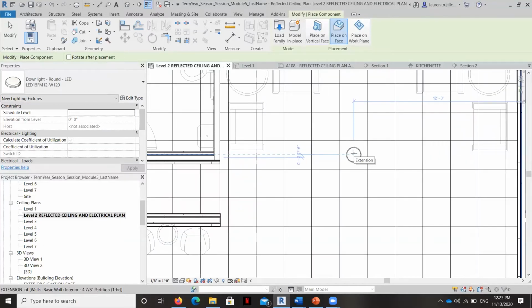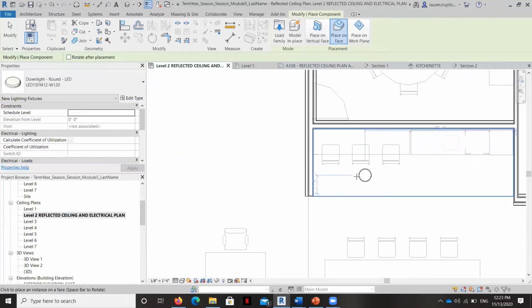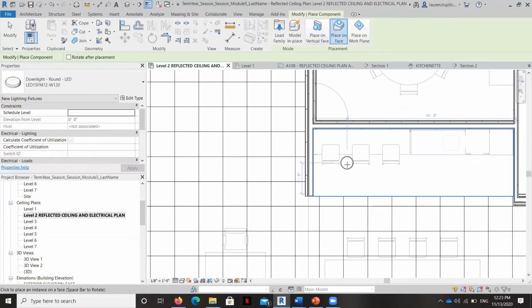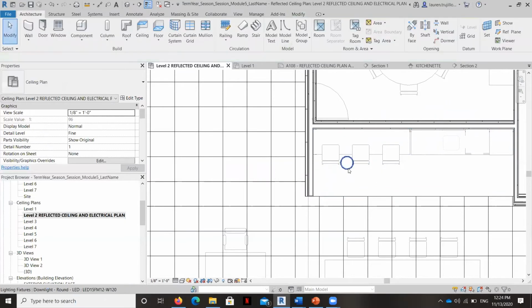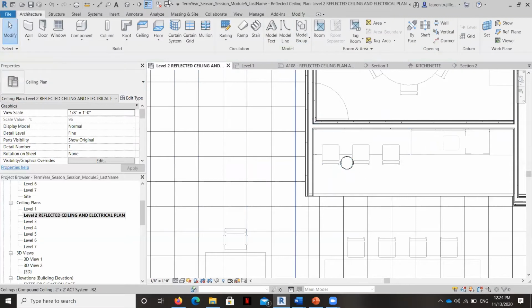So what I'm going to do is I'm just going to place these over here in the gypsum ceiling here. And gosh, these are big. I want to change that. That's too big. Let's go ahead and place a different one.